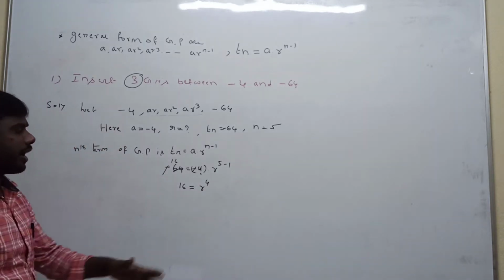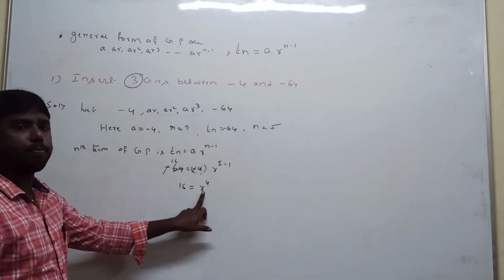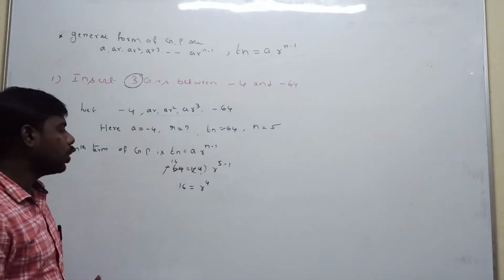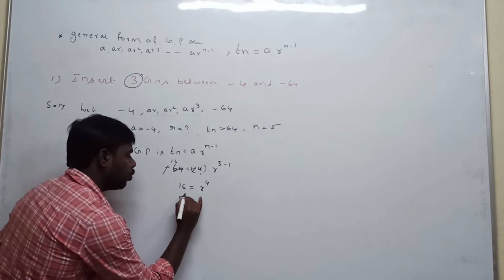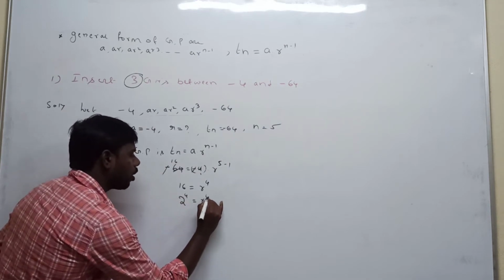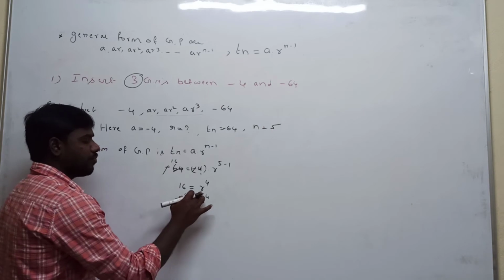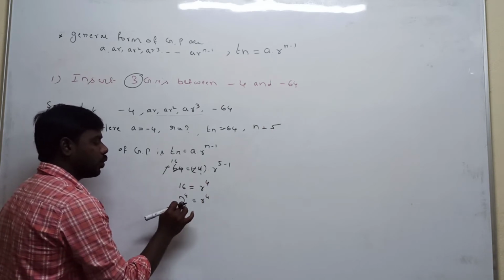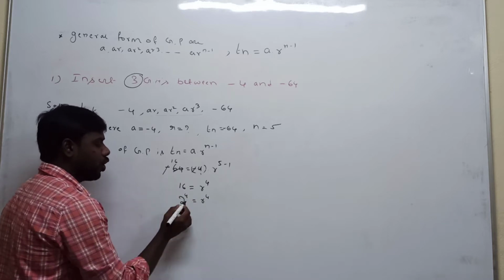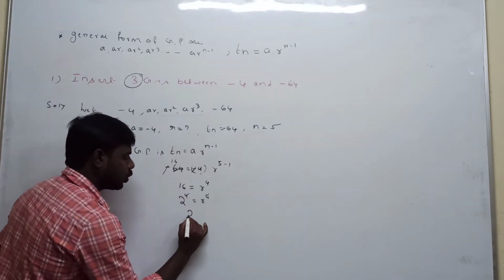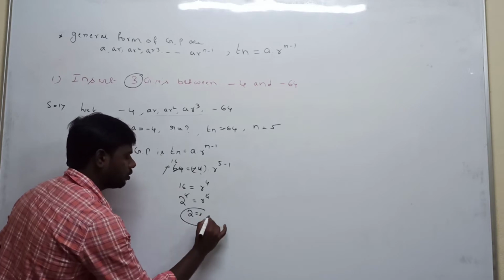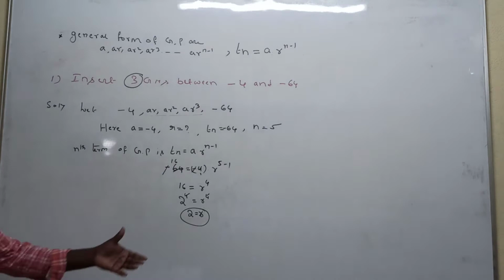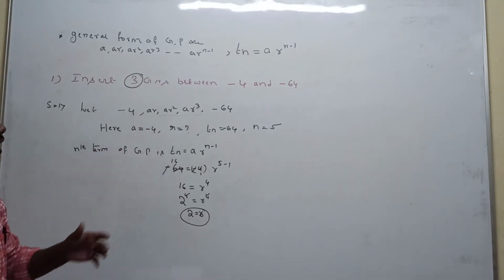Now on the right hand side small r to the power of 4 is there. Which number multiplied 4 times gives 16? 2 power of 4. So 2 power of 4 is equal to R power of 4. Because to find the R value, which number multiplied 4 times gives 2 power of 4? That's why we take 2 power of 4. Both sides power get cancelled, so 2 is equal to R. So small r value is 2, and we can substitute the values.